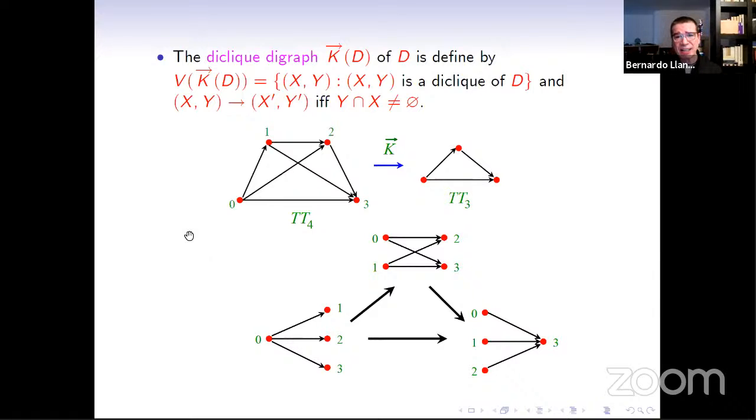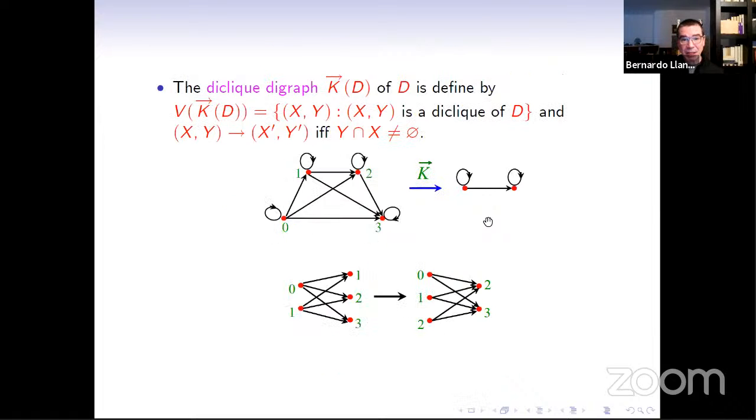So you can check it in the literature. It's really easy to find in almost every book. Okay, this is the diclic digraph. So, for example, the diclic digraph, in the case you have loops, as before I said, you have 2 diclics, so you have only one arc, and then the image is again